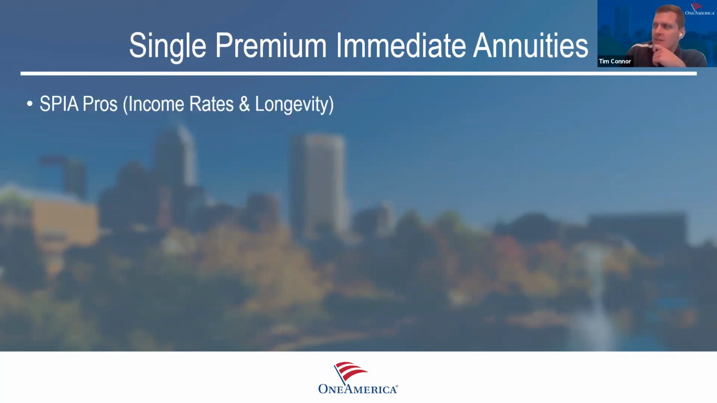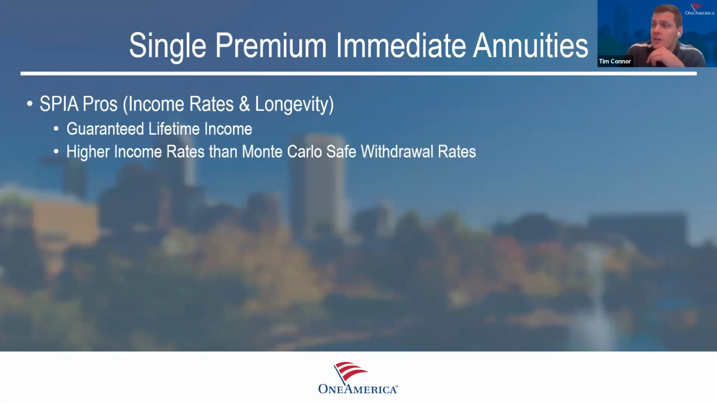Single premium immediate annuities here. So the SPIA pros are going to be really your income rates and overcoming that longevity risk, right? So there's this guaranteed lifetime income, so it's a huge advantage. It overcomes those two questions. You get higher income rates than Monte Carlo safe withdrawal rates. Now, keep in mind, we are in a historical low interest rate environment. But even with the historical low interest rate environment, income rates are still higher than your Monte Carlo safe withdrawal